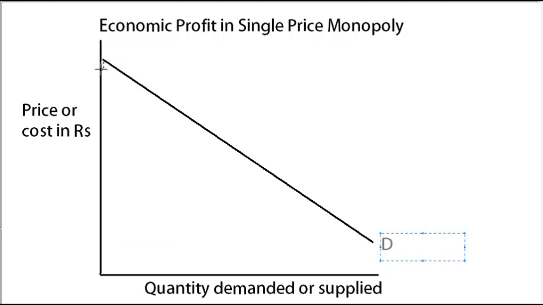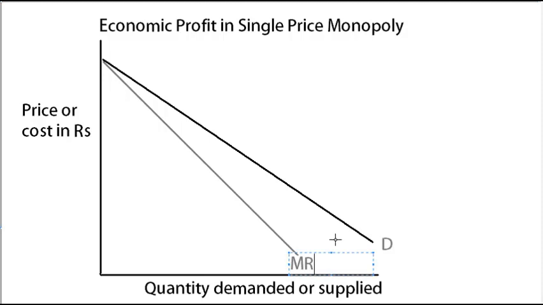Since there is only one seller in the market and there are many buyers, the firm's product is unique and has no close substitutes. So they choose only one price, and since nobody can enter and there is asymmetric information to consumers,